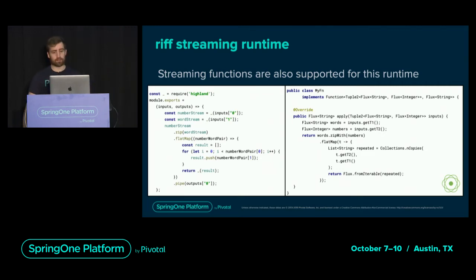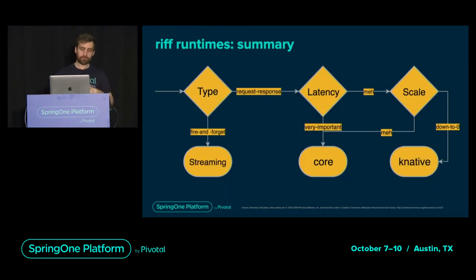So for Node.js, every library, in that case Highland, everything compatible with the basic node stream will work. In the Java case, we leverage the Reactor API, so that's what you got with Flux and tuples. And that's about it. So we support Java and Node.js at this point for streaming. I omitted tiny technical details for the Node.js functions, but those are going to go away later.